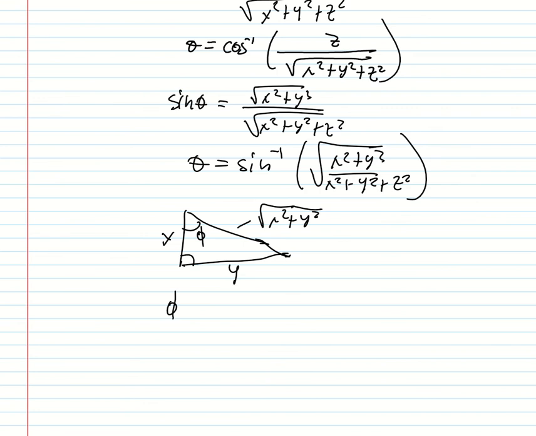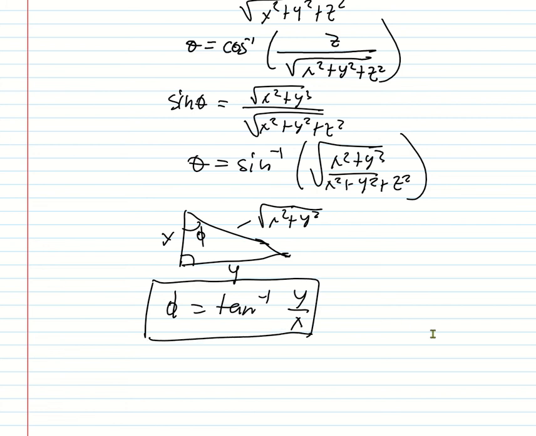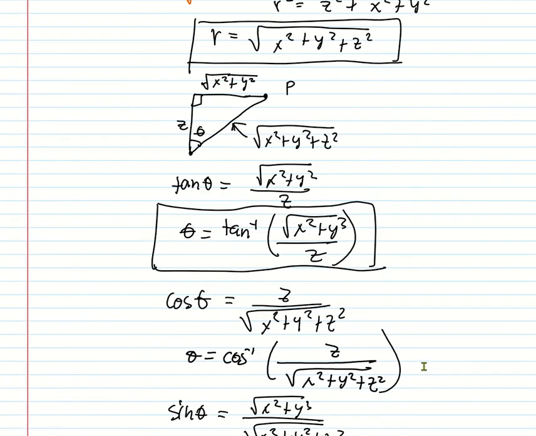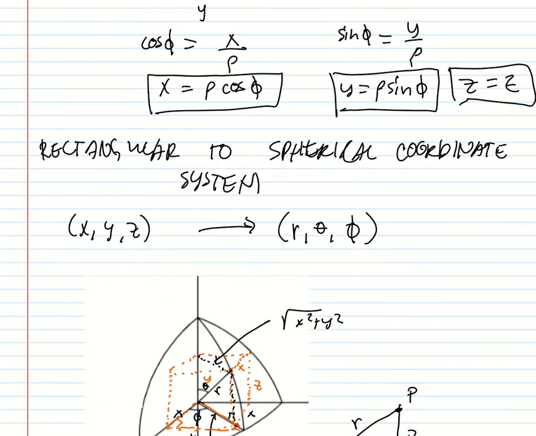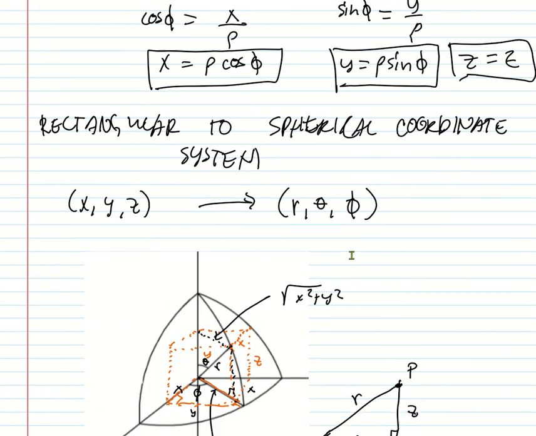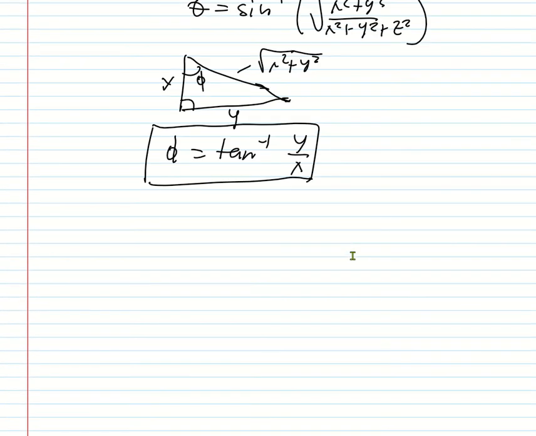So phi will be equal to tangent inverse of y over x. It's the same formula as we have in the cylindrical coordinate system. So it's better to use this one than the other formula. So this is from rectangular to spherical. Now we do the vice versa, from spherical to rectangular